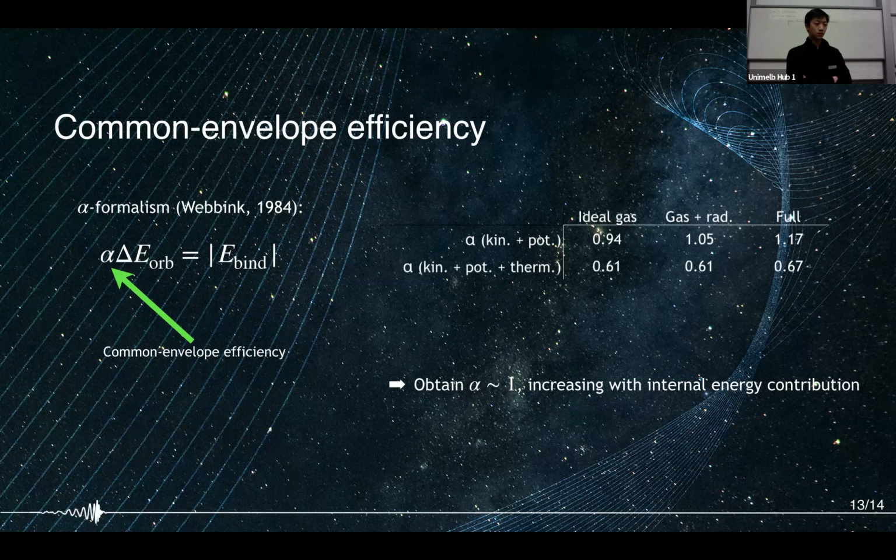So that depends on the initial setup of the common envelope. Again, you can sort of predict whether you could eject the envelope using this alpha formalism, using this equation I've shown here. We've actually performed two sets of simulations, one with a larger mass for the companion, one with a smaller companion. In the case of the smaller companion, we actually don't eject the envelope. So what happens is that